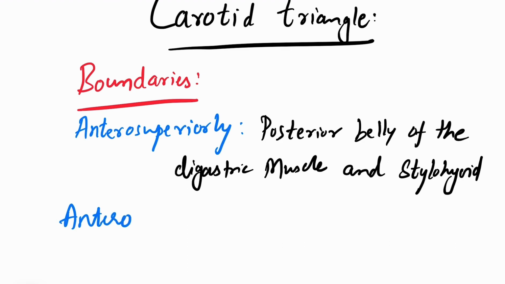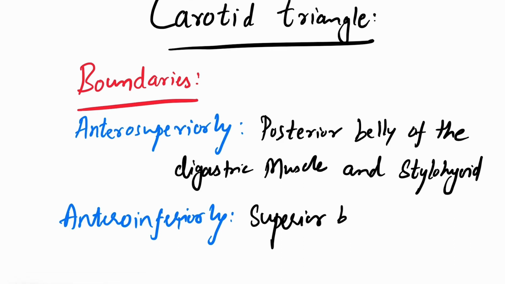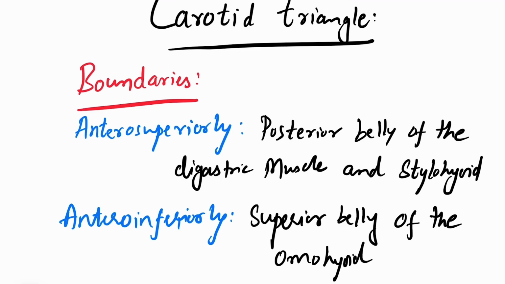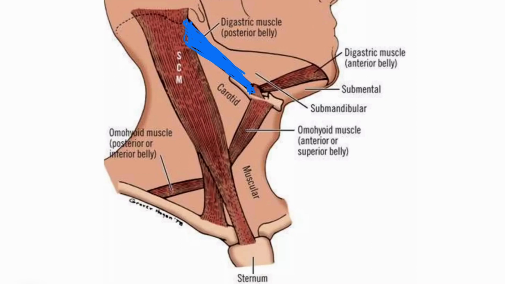Antero-inferiorly it is formed by the superior belly of the omohyoid muscle. Okay, so this superior belly of the omohyoid muscle, which forms the antero-inferior boundary, I am just highlighting with this blue color now. So this is the omohyoid muscle superior belly. Okay, now the posterior border,